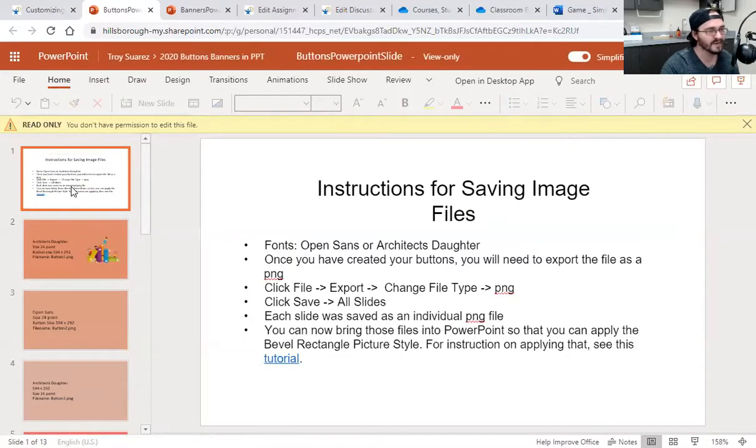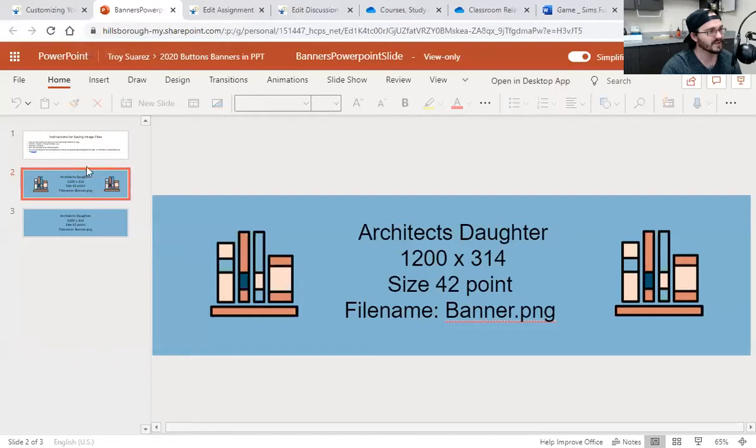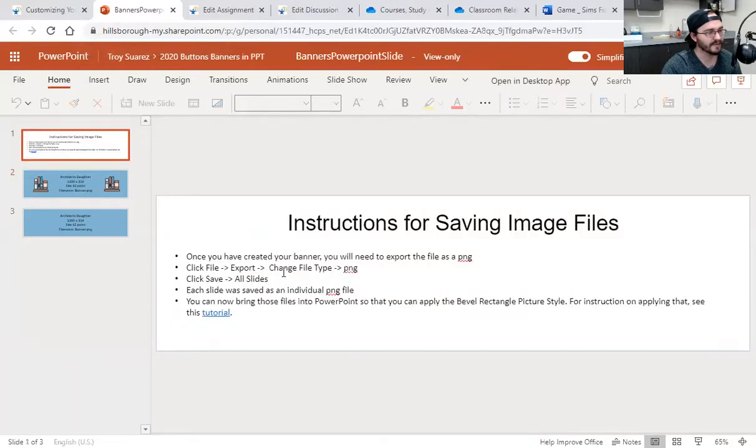Cool. You want to work on it, make it bare and basic? It's all right there. Nice. Let's read what they say though. File, export, file. Oh yeah. So you would do file,